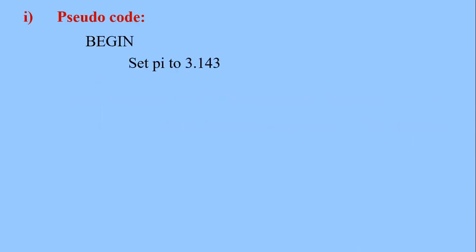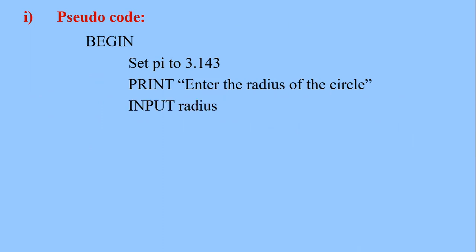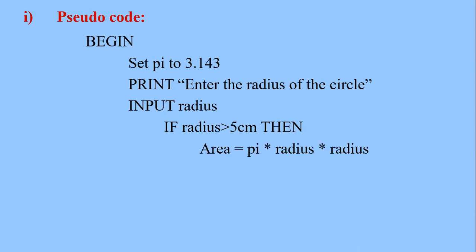Begin. Set pi to 3.143. Then print or display the message, Enter the radius of the circle, on the screen. Then read radius. Allow the user to enter a value for radius. Once the radius is entered, check: if the value entered is greater than 5, then calculate the area of the circle by multiplying what has been